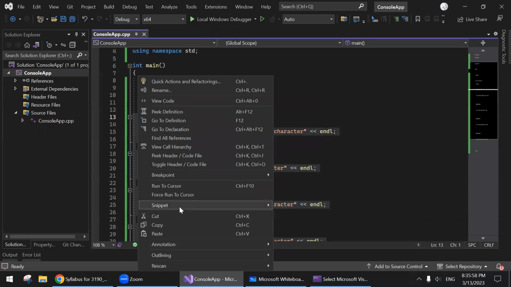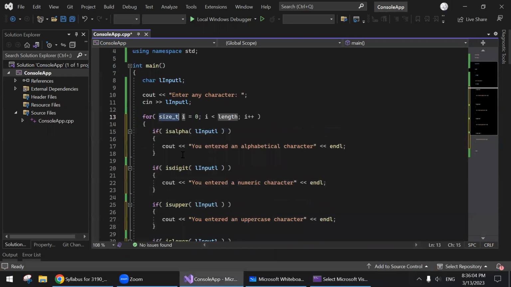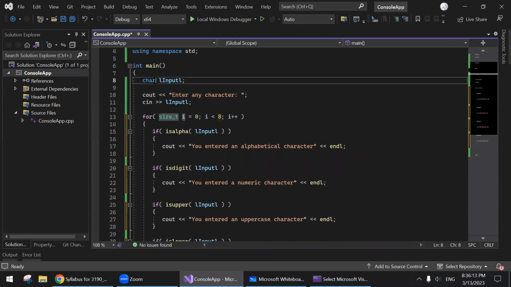I want to surround this with a for loop. And then I'm going to say int i less than, let's say the size, let's say 8. And then I'm gonna say I need a character input of size